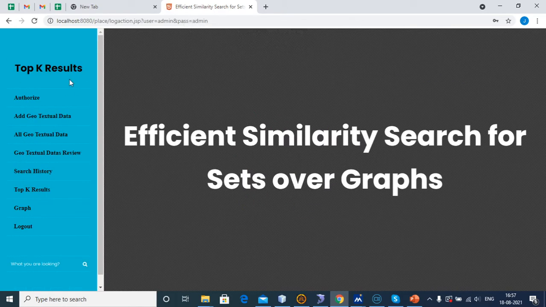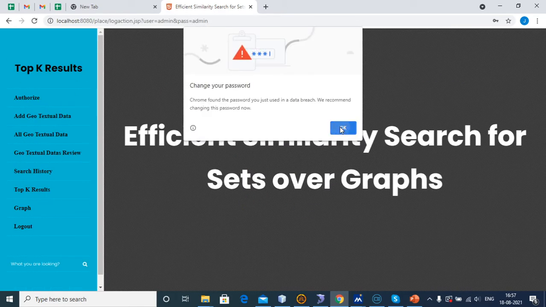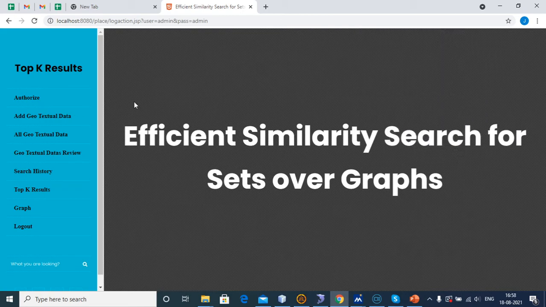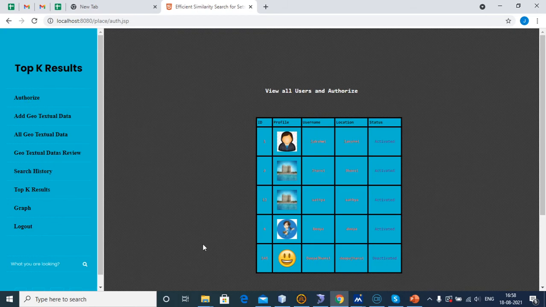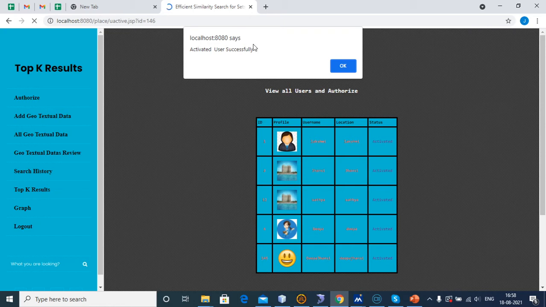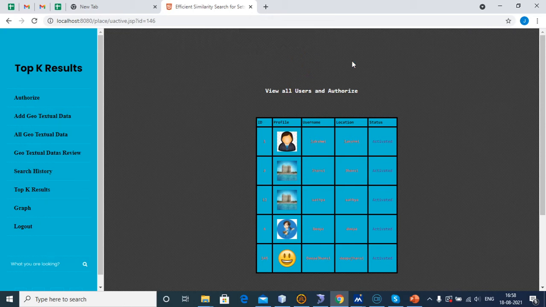Welcome admin. Here we have to see the users and authorize them. Here Deepa Jansi is deactivated. Once you activate, the user can log in to their account. Activated user successfully.